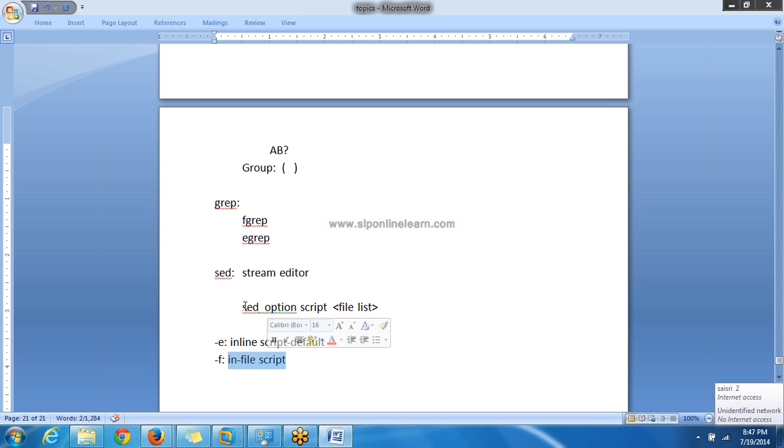So the sed command is: sed, space, option, space, script, space, your input file. This script contains your regular expressions or set of commands. It is a small program, and it may generally contain some regular expressions.